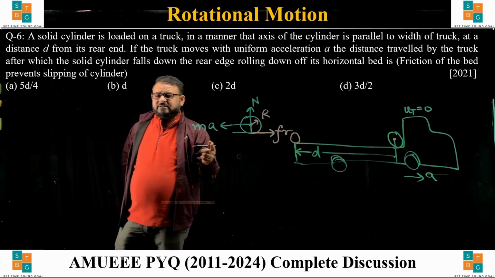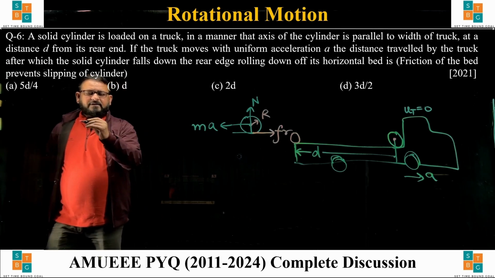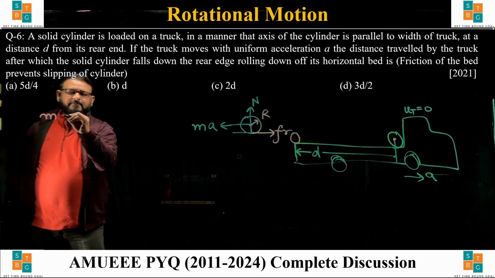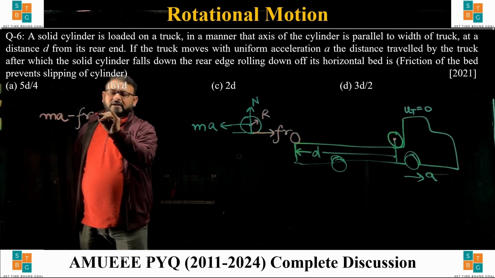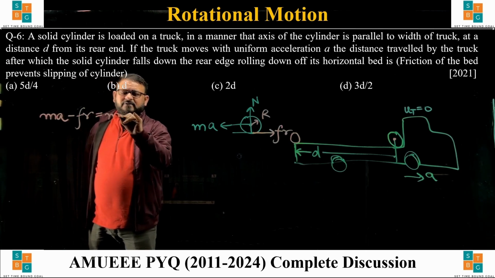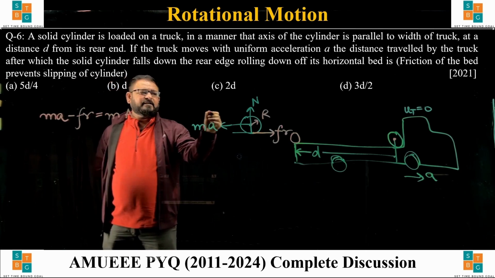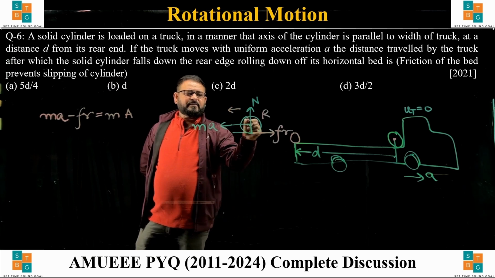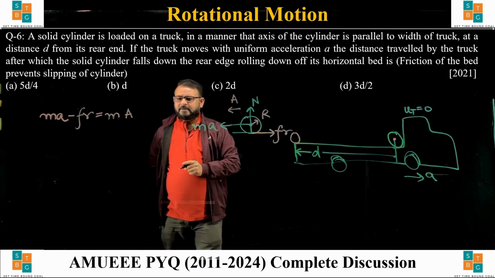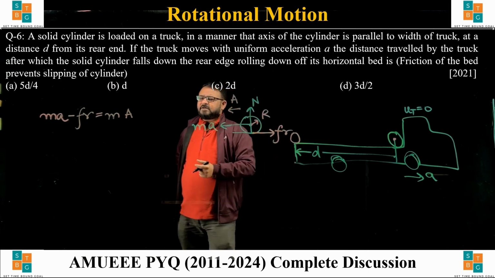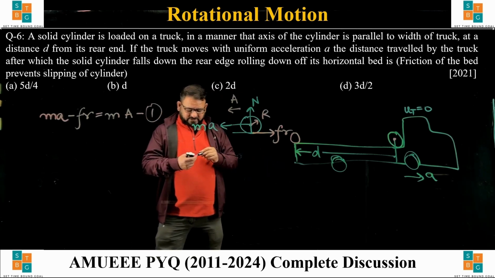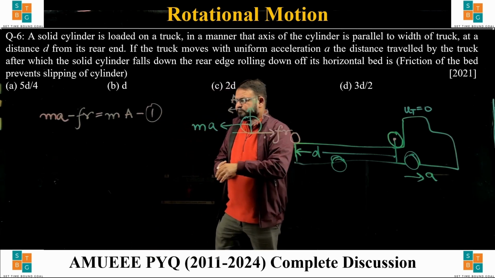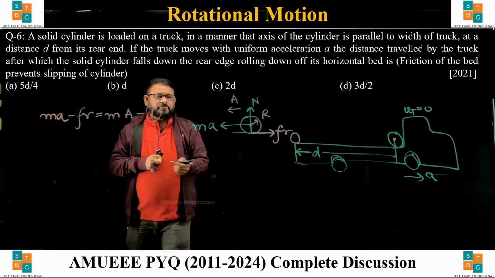अब देखिए इसका लीनियर एनालिसिस करते हैं. So driver is MA, friction is opposing, and this is causing M times acceleration big A. Suppose ये इस डायरेक्शन में big A से जा रहा है, right? Some linear acceleration. This is our first equation. The second equation is following, क्योंकि इसमें